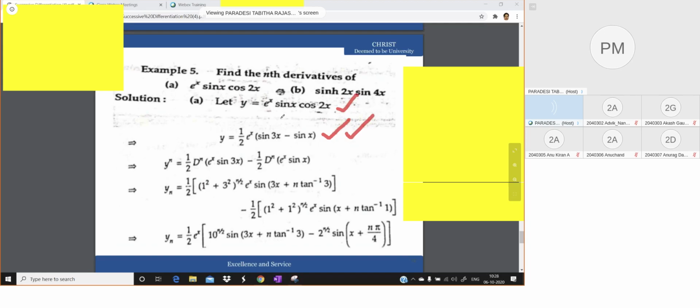Because if it's a product, we cannot apply the derivation that we just did. We only know how to handle an exponential function with just a sine or just a cos, but we don't know how to handle an exponential function multiplied with both sine and cos. So that's why we have to go back and rewrite those functions. When we use some standard formula, can we get it explicitly in terms of sine or cos? So here he's writing sine 3x minus sine x. Quickly confirm whether it's right.